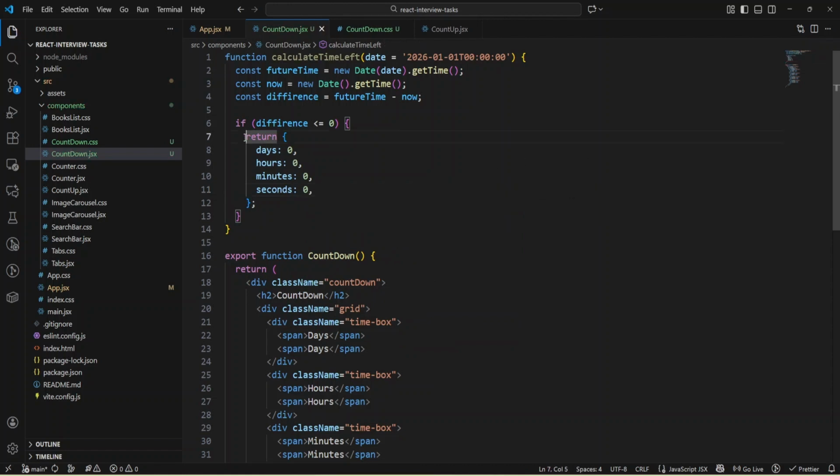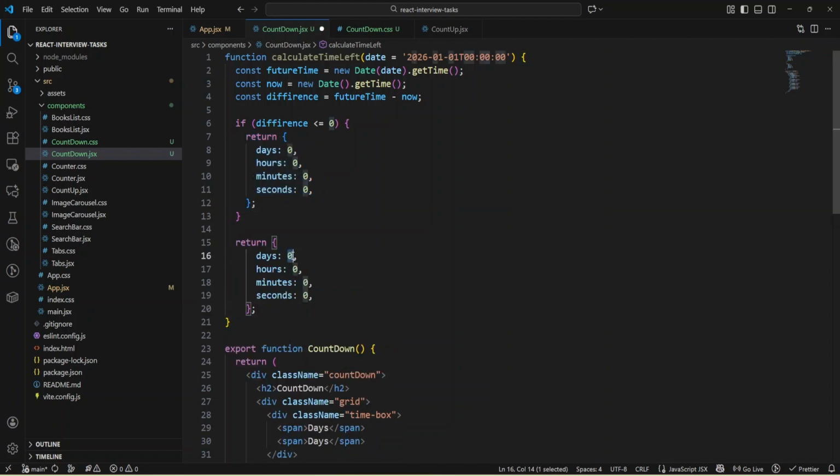Okay, and if we have correct time, then we can calculate days using the Math.floor function that